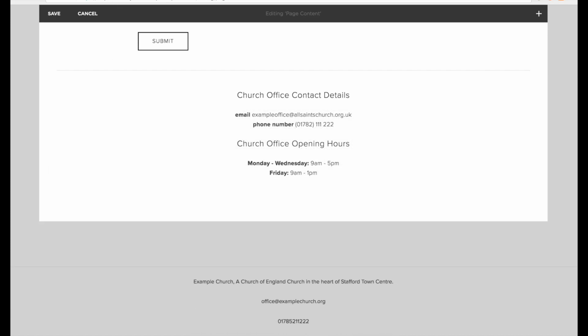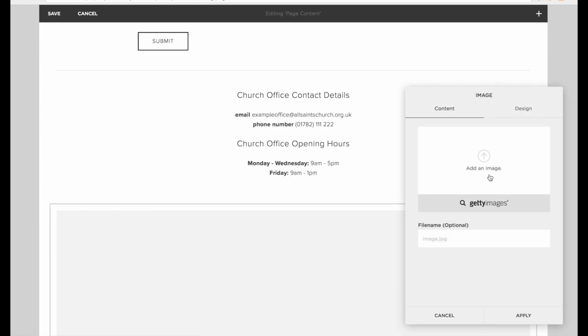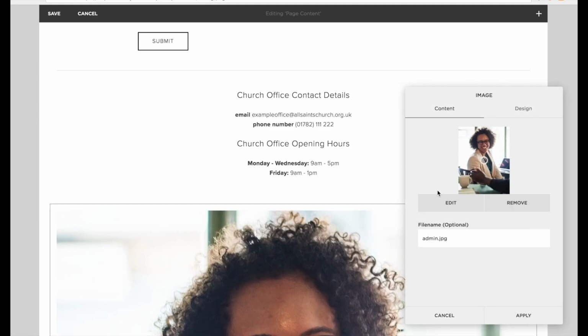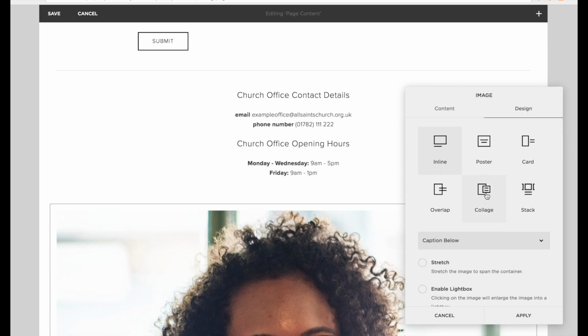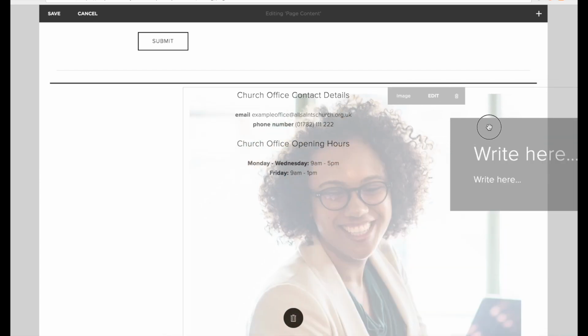There we go. So next to this, I want to add in an image. So on this image, I want to have a space to write some information about our office administrator, so I'm going to go across to design, and I'm going to make it a collage, and I'm going to click apply. Then I'm going to drag this next to the text,